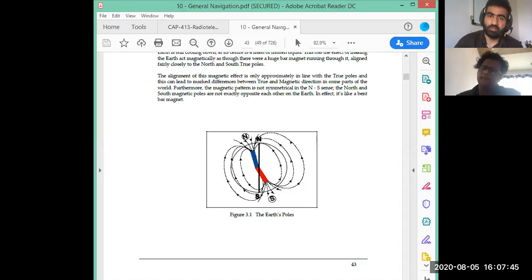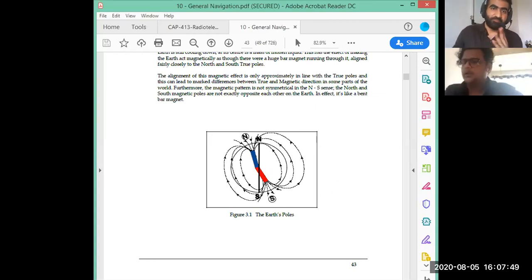See, there are two ways people study this. Some people say that a bar magnet's north pole is attracted to Earth's south pole, so Earth's north pole is actually Earth's south pole, but that becomes very complicated to understand. We will assume that the bar magnet's south pole is colored as the north pole because it shows the direction of the north pole. Simple. Whenever that confusion happens, keep it simple.